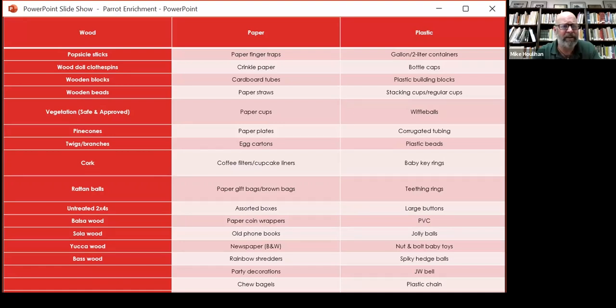And this goes across taxa, not just Psittacines. You can work this into any avian species or group that you are looking at, studying their natural behavior and understanding what behaviors you want to see. What behaviors are the most psychologically valued for that animal are going to be extremely important when you're planning your enrichment and bringing up new enrichment ideas as well. So that's the reason why I think it's very important that we look at natural history and not forget about it,